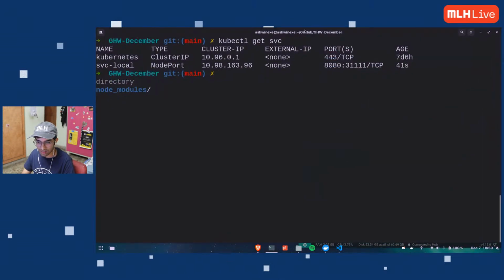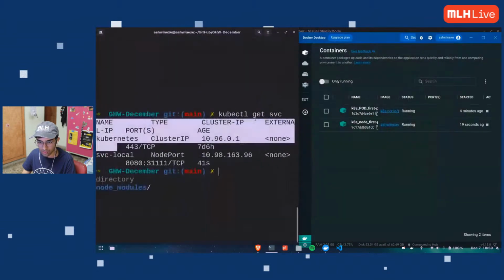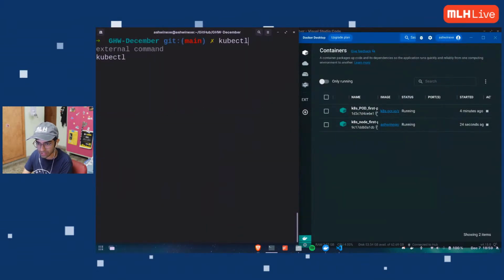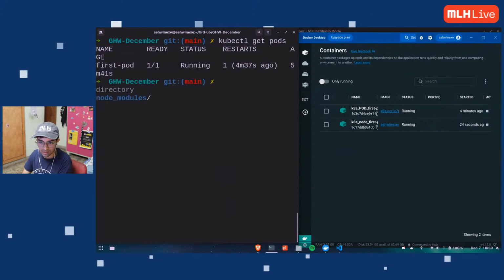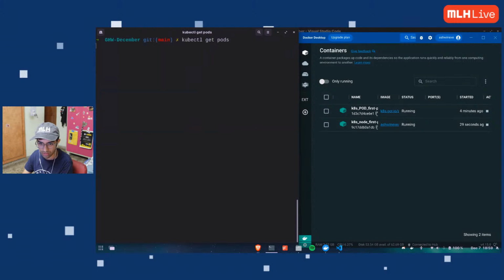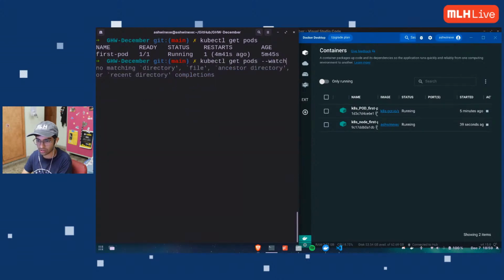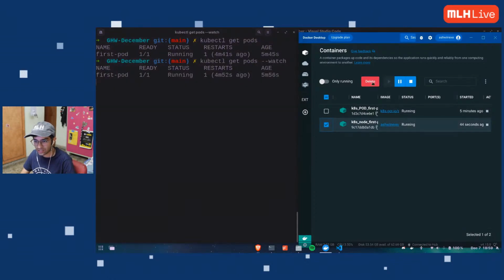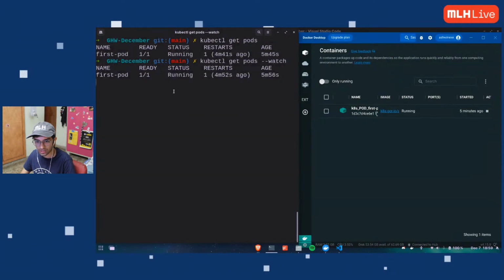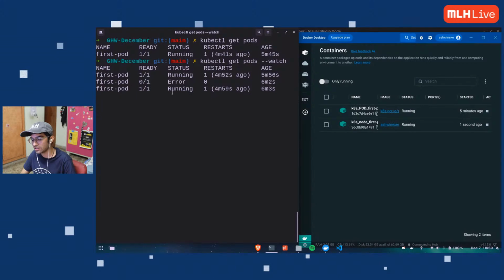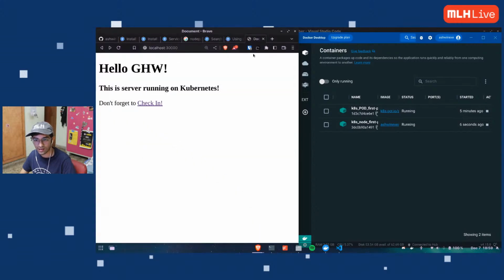Let me show you in a more terminal-ish way. All right. So instead of the website, kubectl get pods is the command, right? Let me just, yeah, so you can see it more easily. kubectl get pods with a watch will constantly watch for changes. So right now it's running. Let me just go ahead and delete this. All right. Watch what happens. Error, and it's again running back again. So that's one of the many beauties of Kubernetes. It constantly watches my pods. I don't have to worry about my pod.